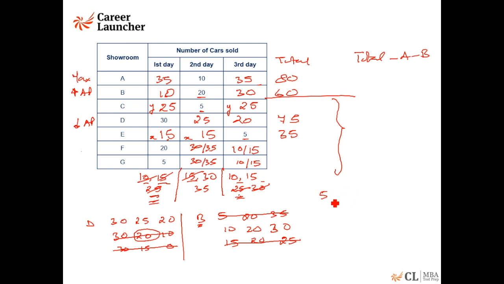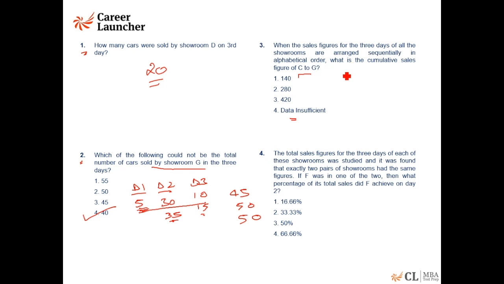So it is 5, 10, 15, 20, 25, 30, 35. Each of the showrooms has sold one of these numbers of cars. So what is the average? 5 and 35 is 40, so 20 is the average. There is an arithmetic progression, remember. So the average is going to be the middle number, 20. 20 into 7, 140. On any given day, 140 cars are sold. So on 3 days, the total cars sold will be 140 into 3, 420.